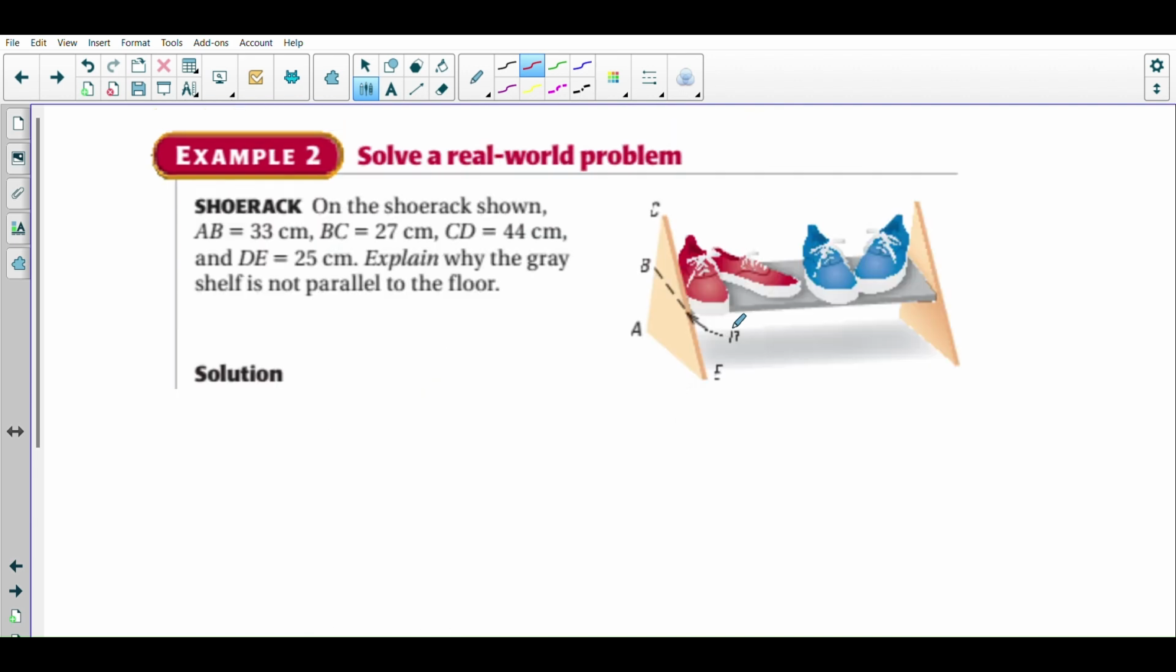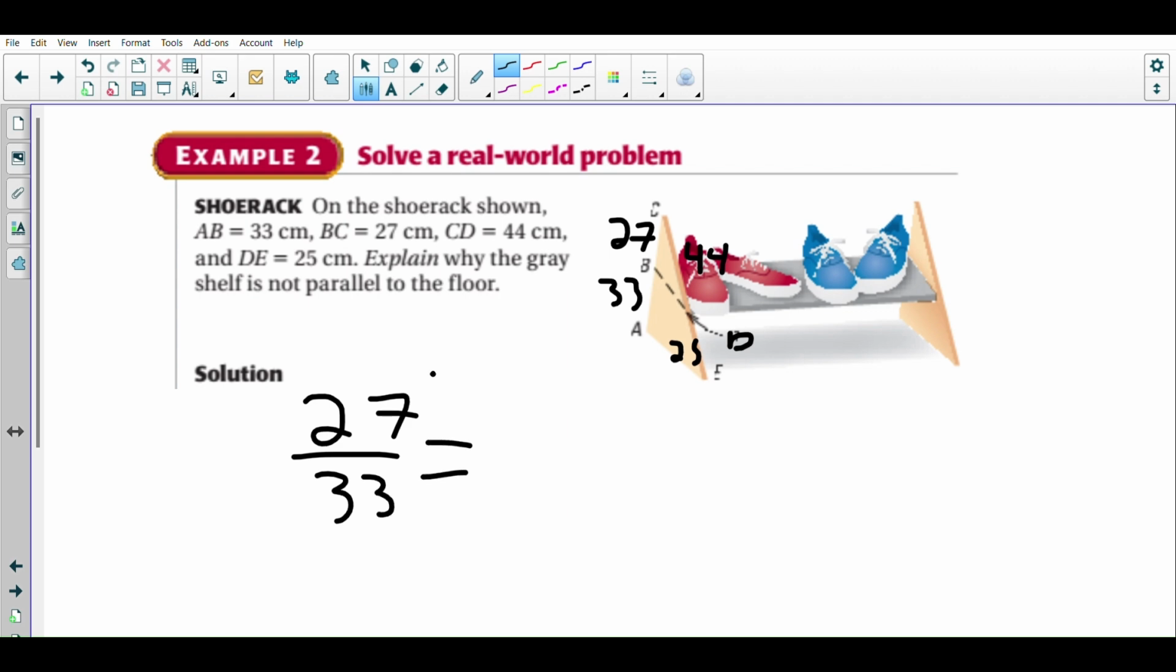On the shoe rack shown, I'm going to write these in here. AB is 33. BC is 27. CD is 44. And DE is 25. Explain why the gray shelf is not parallel to the floor. This is the converse they're talking about, meaning if it's not parallel, then they can't be proportional. So we're going to check proportionality. It should be 27 over 33, and if it was parallel, it would be equal. So we're going to put a question mark,